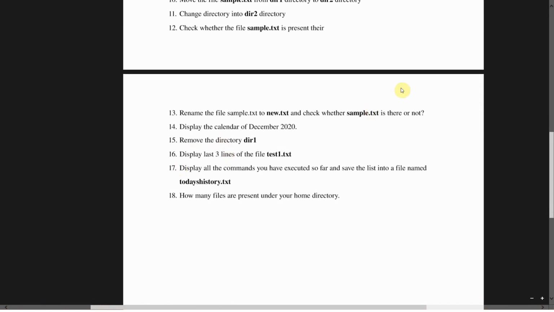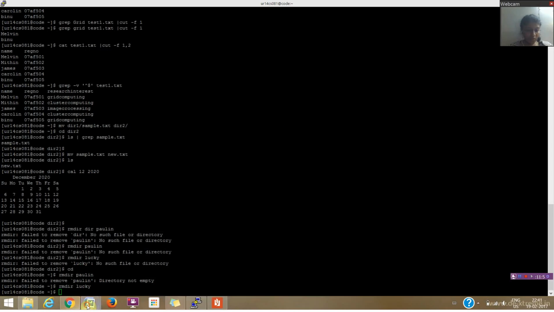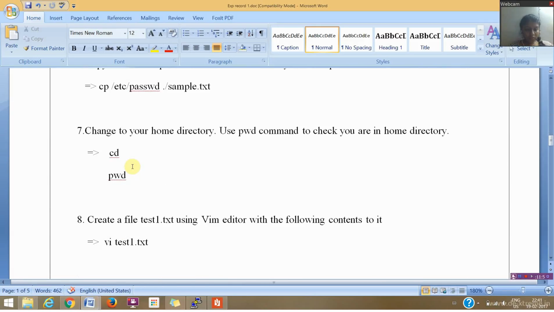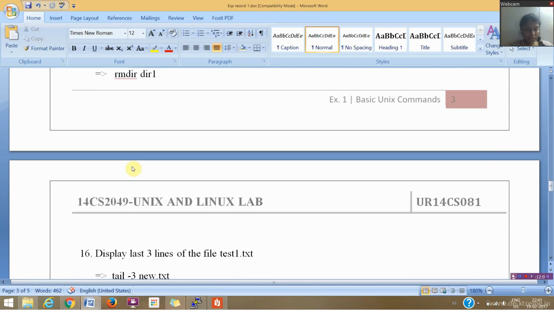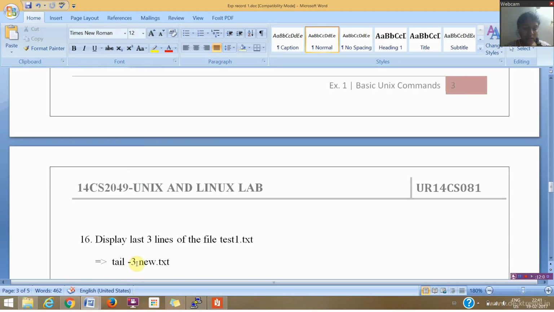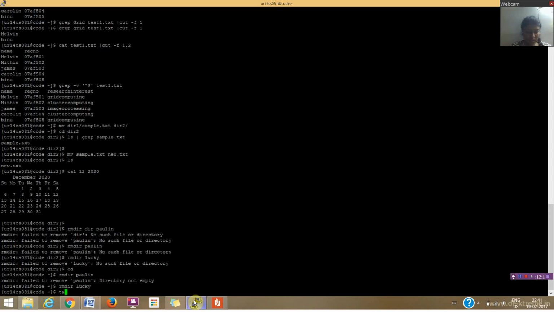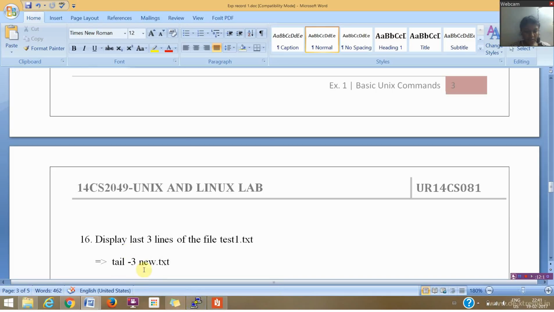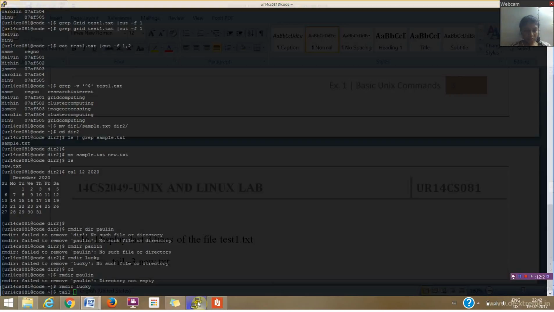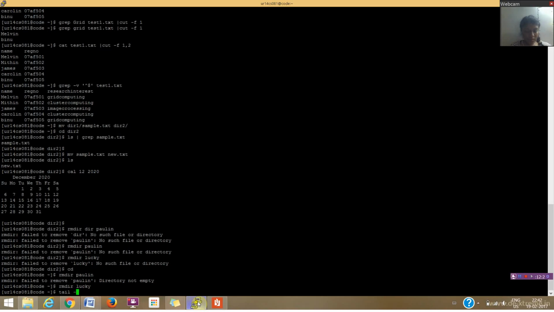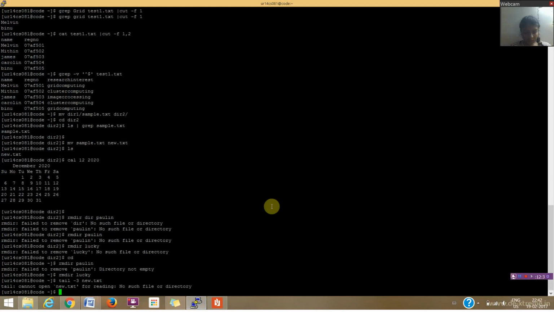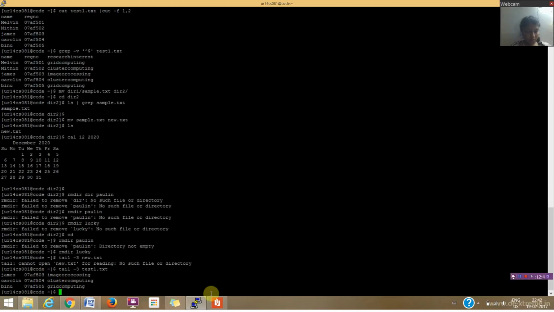to display the last 3 lines of the file test1.txt. So for displaying the last 3 lines, I'm going to use the tail command. Tail command will help us display the last 3 lines, while the head will display the beginning lines. So I'm going to use tail. As you can see, this is used to indicate the last 3 lines, and we have already stored the text into new.txt. So I'm just going to use test1.txt. Okay, this is the last 3 lines, and the next question is going to be to